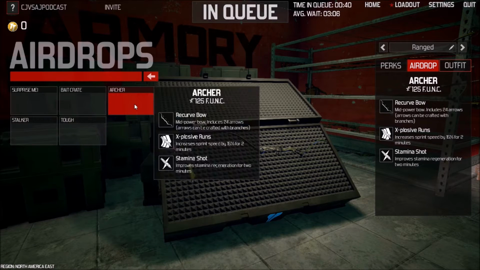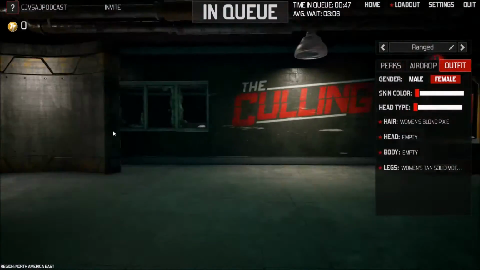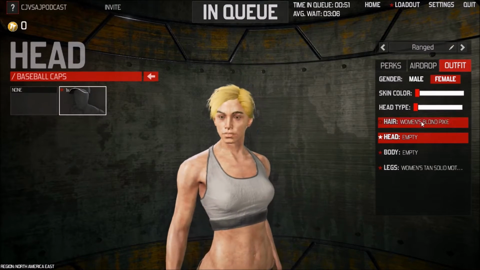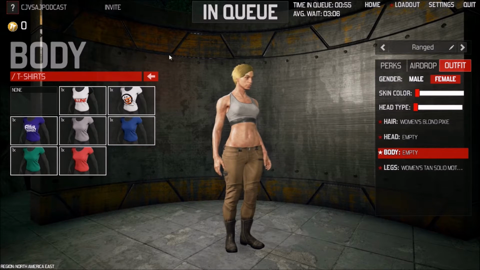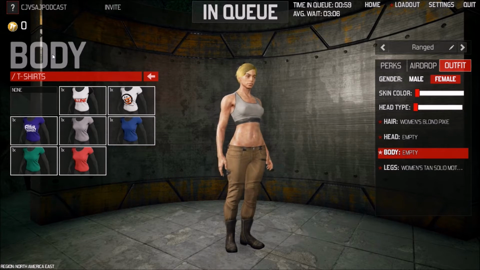Yes, and I've selected the archer because I'm a nerd, apparently, from what AJ says, and I like bow and arrows. Outfit, it's very limited in what you can wear at the moment. The head, it's just baseball caps. The body, really shitty looking t-shirts. So I've got my, not sexy, but...